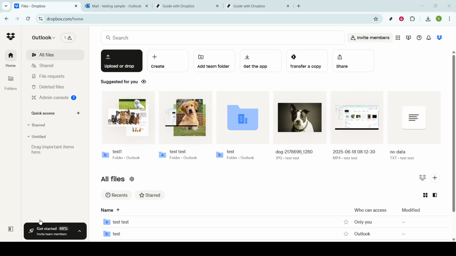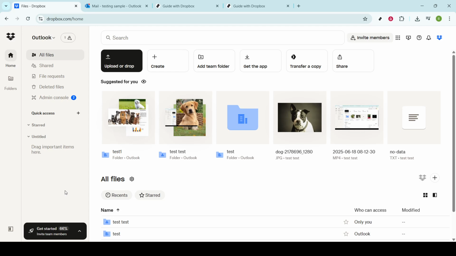In today's video, I'm going to teach you how to share a link from your Dropbox, an essential skill for both personal and professional use. Dropbox is a widely used cloud storage service that allows you to store and share files and folders with ease. Whether you're working on collaborative projects or simply need to transfer files safely, knowing how to efficiently share Dropbox links